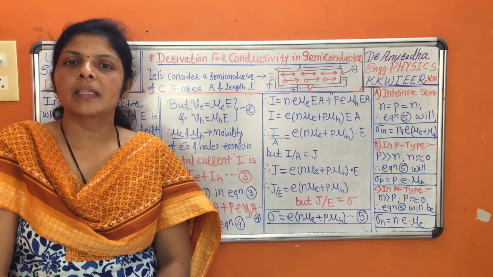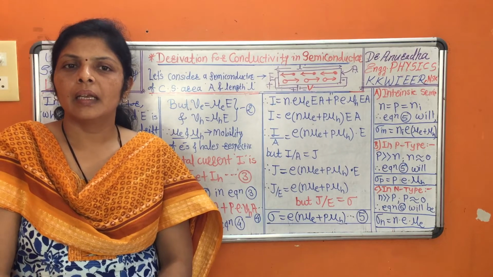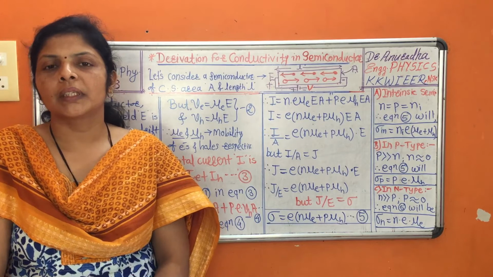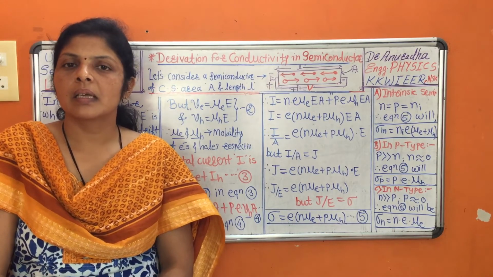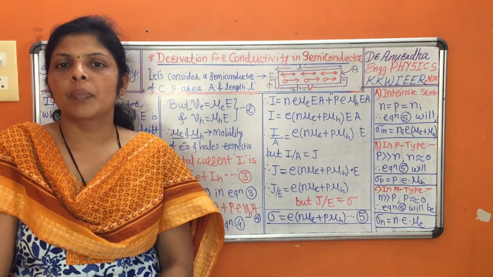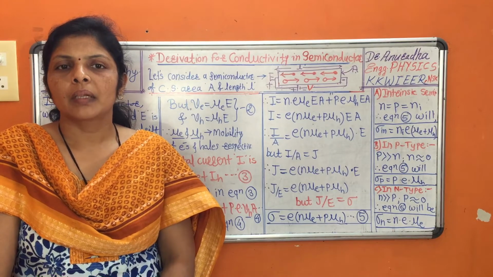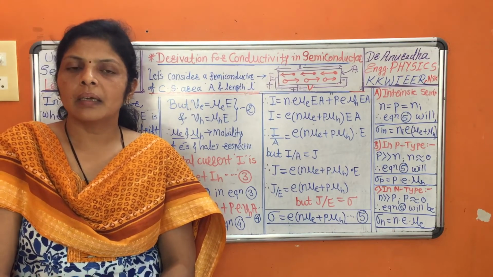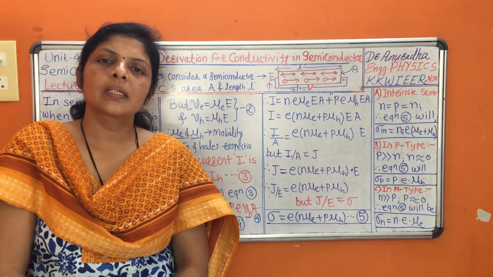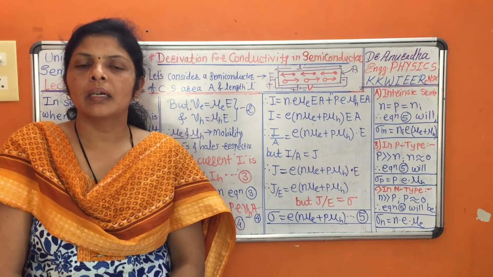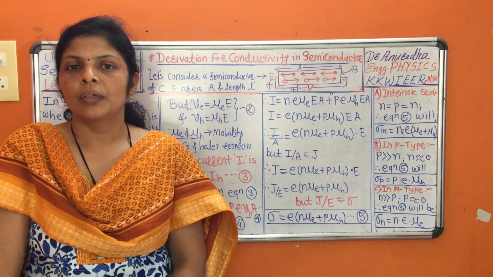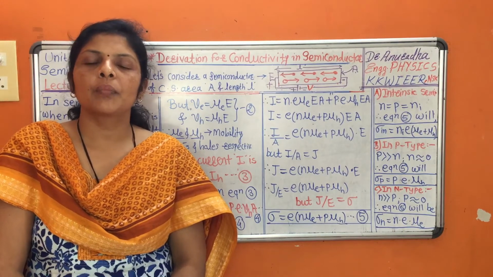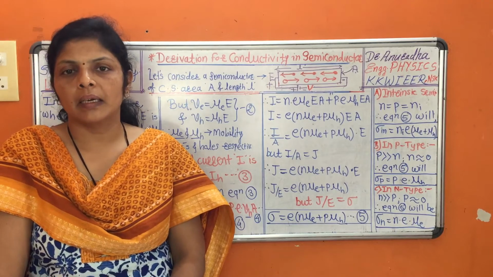For studying the topic of semiconductors, in earlier lectures we studied various topics like energy band formation, classification of semiconductors, then we studied the concept of Fermi energy level. Further, we move towards the concept of conductivity, and under it we studied the derivation for conductivity in conducting material. Using the same derivation, we move ahead towards the derivation for conductivity in semiconducting material.